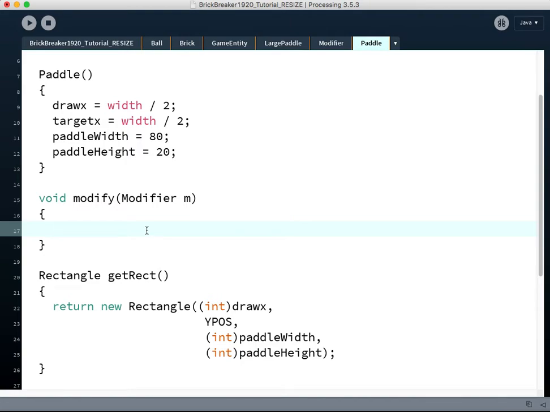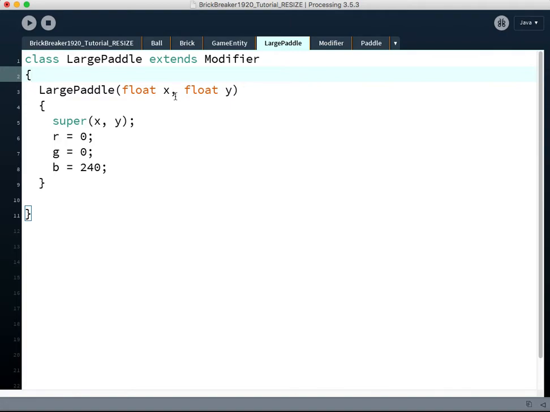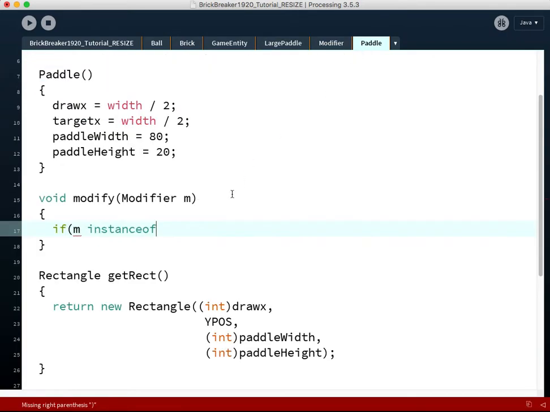So we need to check, because it could be any kind of modifier. Maybe it was a laser modifier. Maybe it was a triple ball modifier. Maybe it was whatever. So this needs to say if M, and this is just a special word that you have to learn, is an instance of, is a type of, like a grandchild of, a specific object. So if it's an instance of large paddle, meaning that it has this identity, that it was created that way,